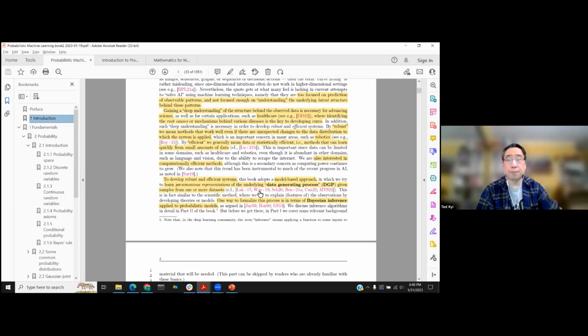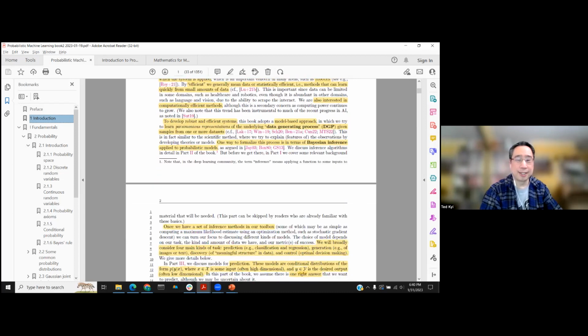One way to formalize this process is in terms of Bayesian inference applied to probabilistic models. So I think that pretty much encapsulates the author's focus for this actually 2-book series, right? We're just looking at book 2. All